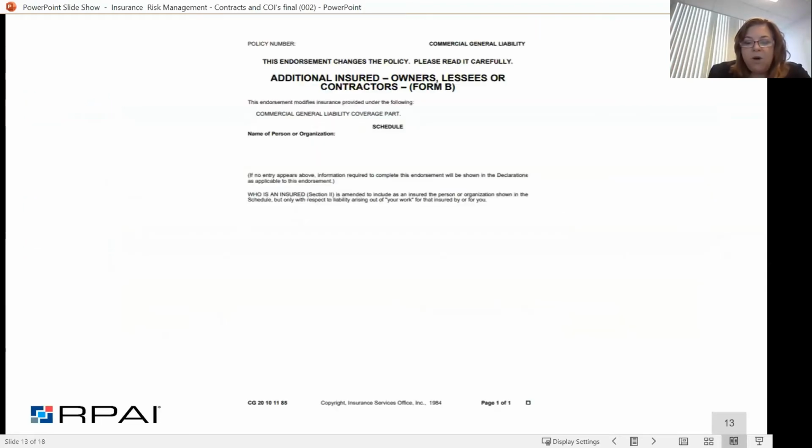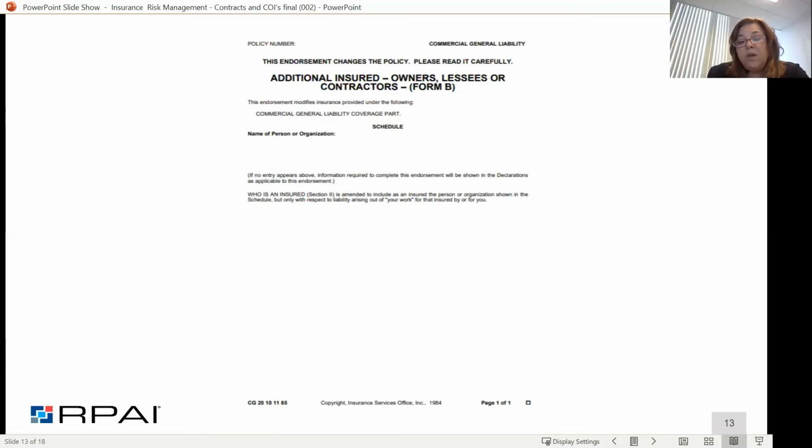So this is an ISO form. You can see that if you look down at the bottom. It says basically it's copyrighted by the Insurance Services Office. There's the insurance form number that I referred to. It says CG 20 10 11 85. Now this one is designed to be used for owners, lessees, or contractors. It gives you a space in there to input a specific entity or group of entities. A lot of times it'll say 'as on file,' which means it's a blanket form: anybody that's been issued a certificate, their name is on file, they'll honor it.